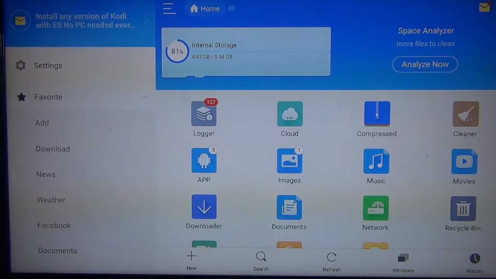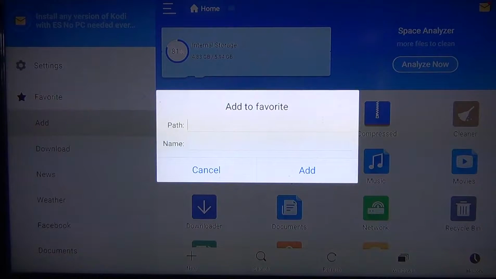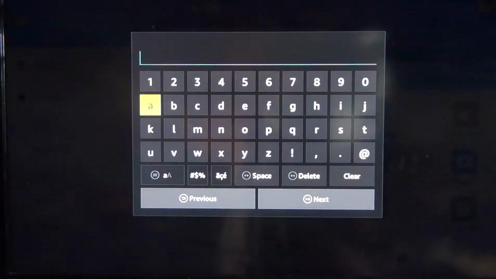So when we go to ES File Explorer, basically this is like a browser because the Fire Stick does not come with its own browser. When you get to this page, you have to hit to the left a couple of times. Now you can see settings is highlighted there. You want to go to favorites, click that, click on add, and this will come up. You want to click the center button, and you're going to type in this path,